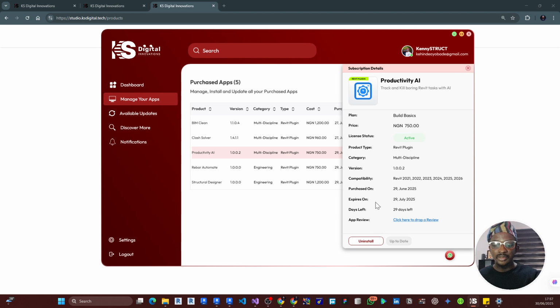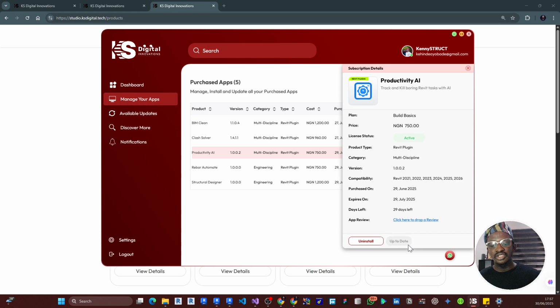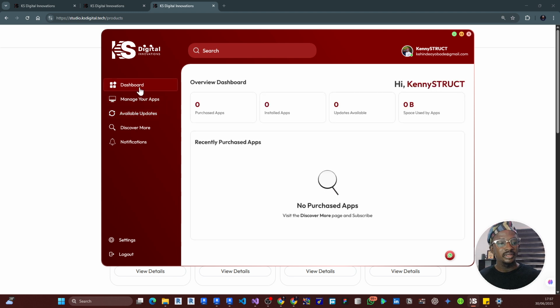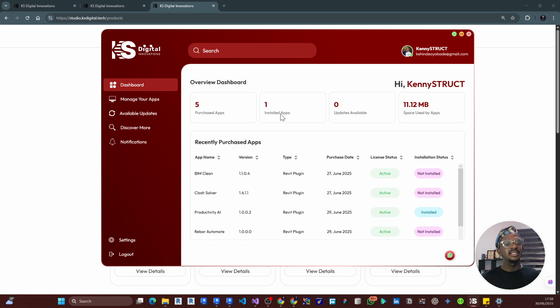You can now see the button has changed to uninstall. And if there is an update for this app, this will change to update. So it will be clickable once there's an update. You can come to available updates. Okay, sorry, dashboard. The dashboard, now you can see that you've installed one of the apps, installed apps 1, and